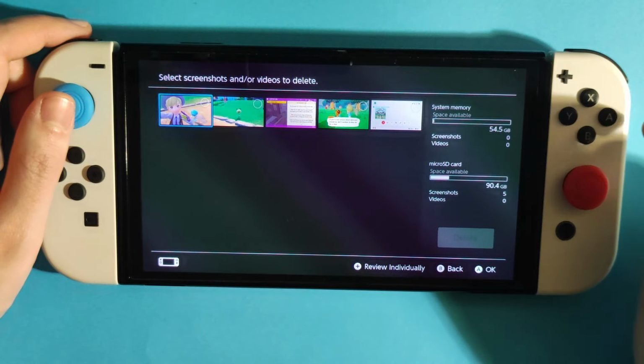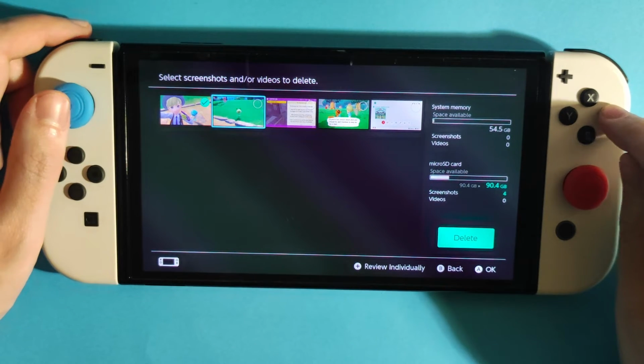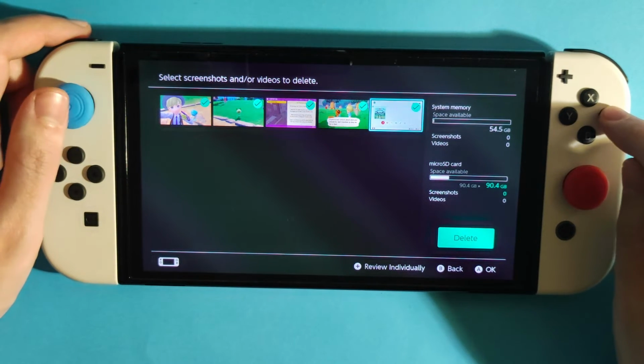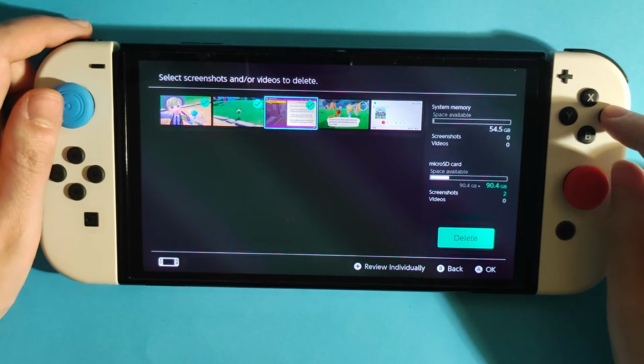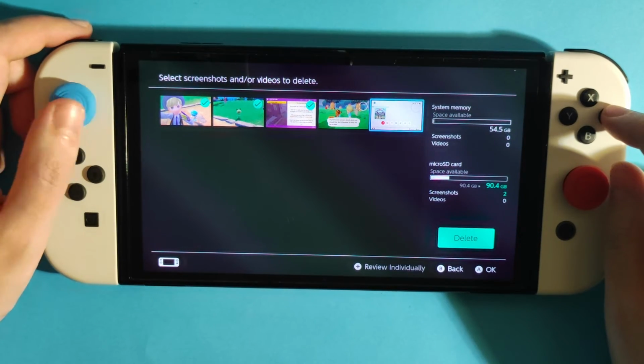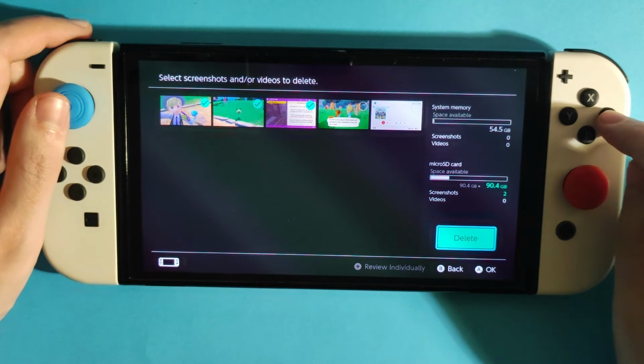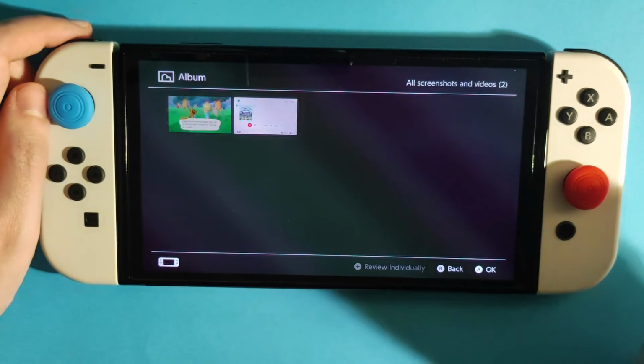And now over here we can select which one we want to remove. And although they might not take that much space, we might still want to remove them, especially if we have a lot of them. And then over here we have the delete button, then we can confirm, and they are